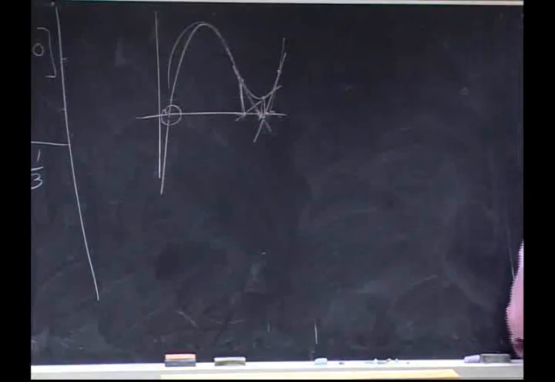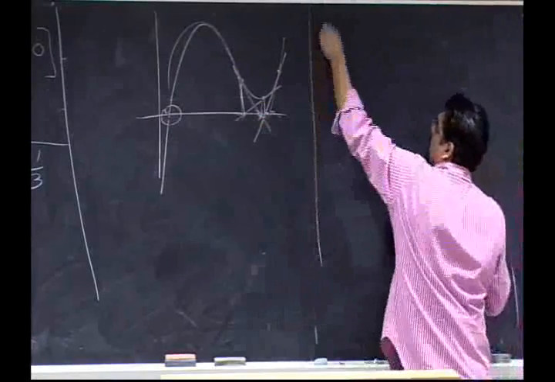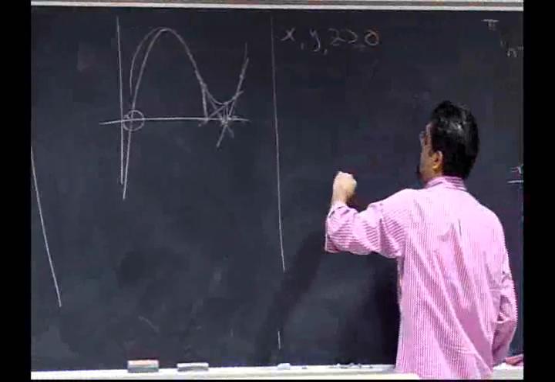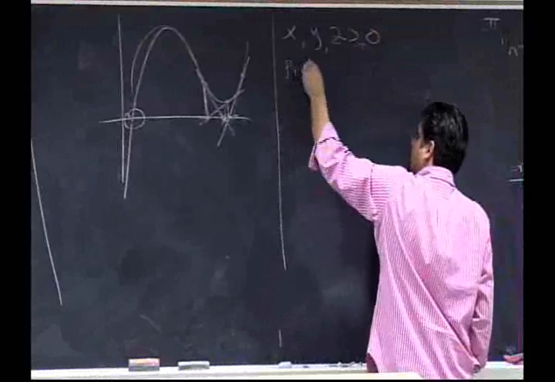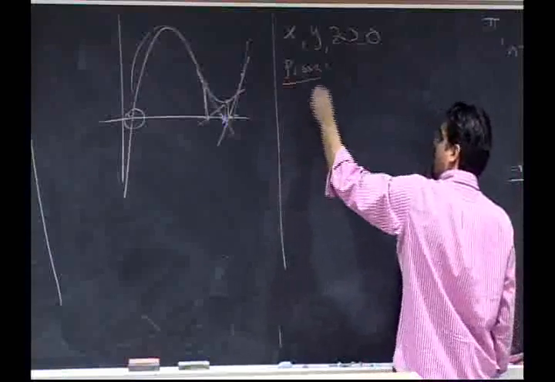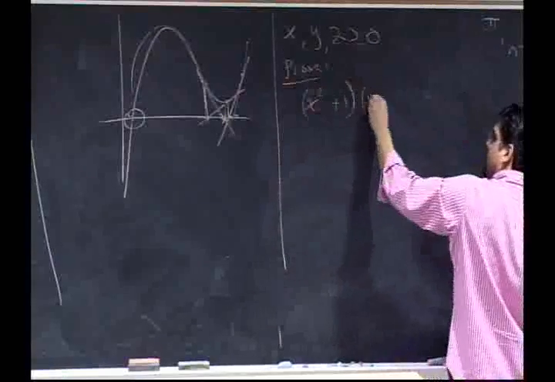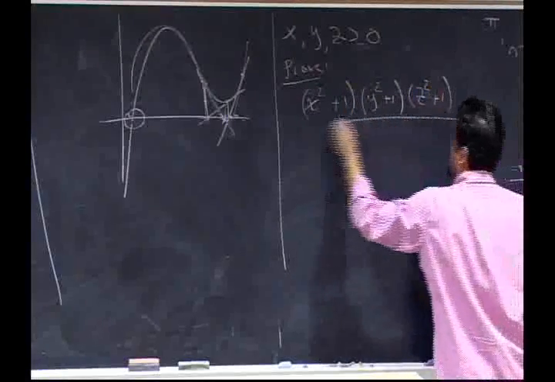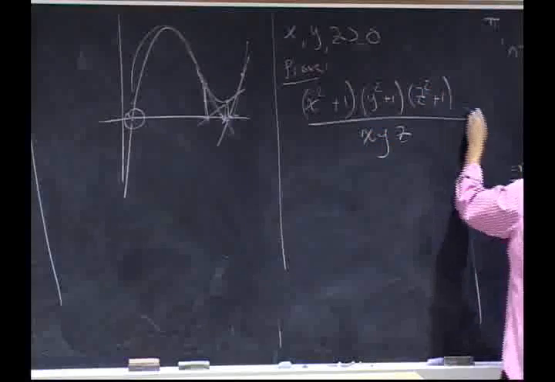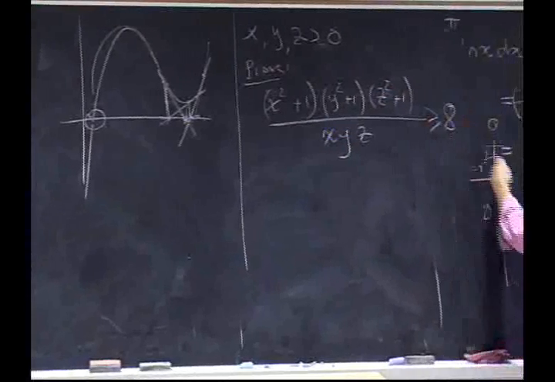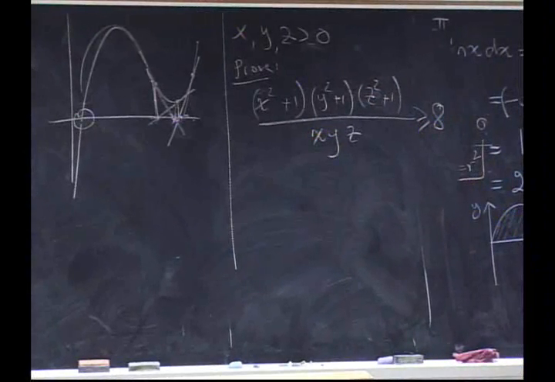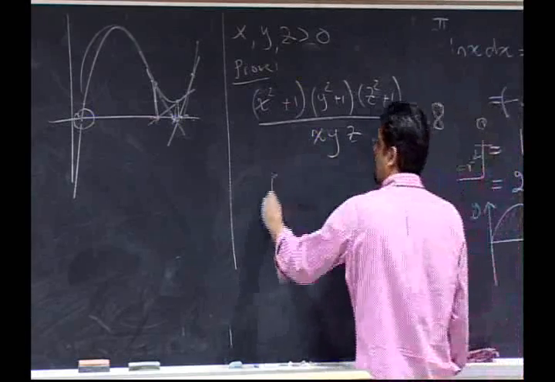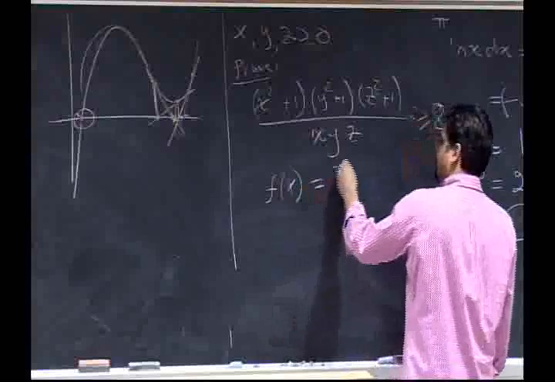We don't need that much room. So x, y, z are positive numbers, not zero, positive. We have to prove that (x squared plus 1)(y squared plus 1)(z squared plus 1) over xyz is greater than or equal to 8. And I told you, in order to prove this, prove that this function